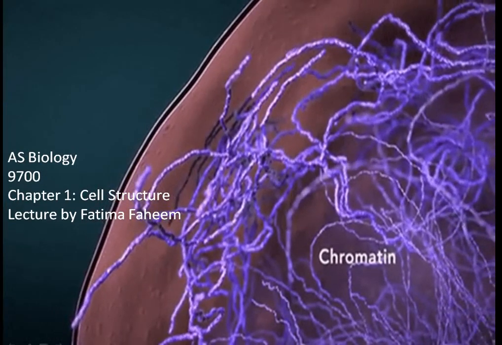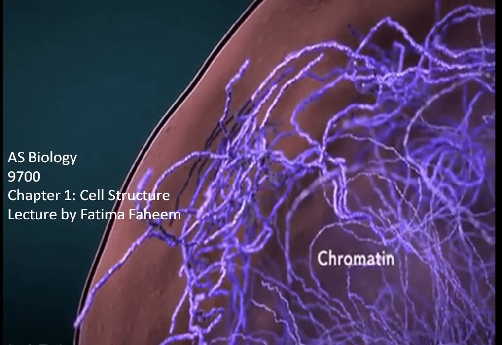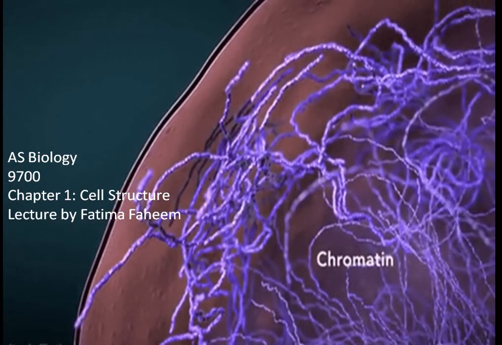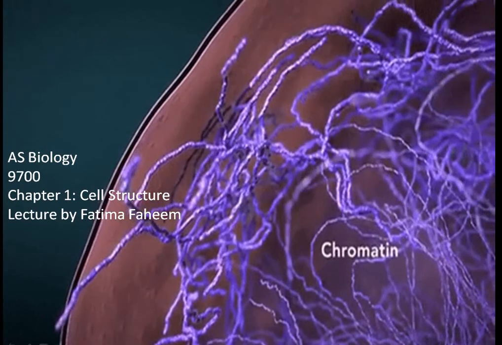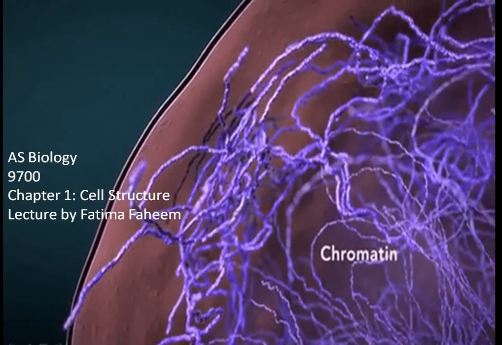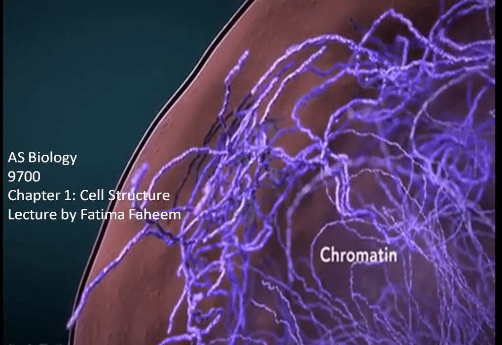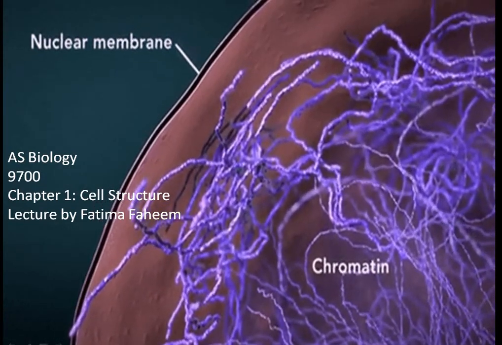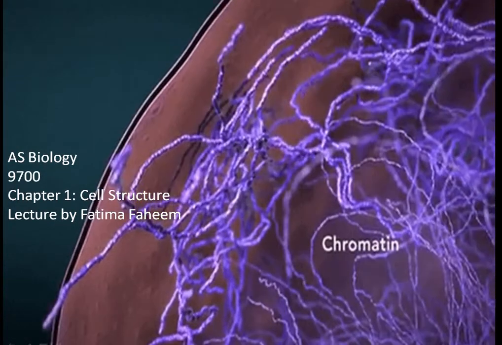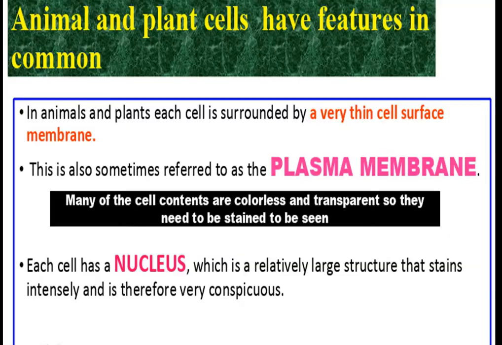Okay, students, let's start from where we left. We were doing chapter number 1, cell structure, and in our previous lecture, I told you about different types of cells. We discussed differentiated and undifferentiated cells. We went through the general structure of animal and plant cells viewed from both light and electron microscope. Today, we will go through similarities and differences between plant and animal cells, and we'll see different organelles. We'll see how those organelles are specialized to perform different functions. Let's get on with it.